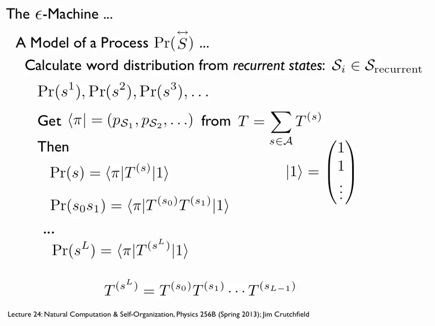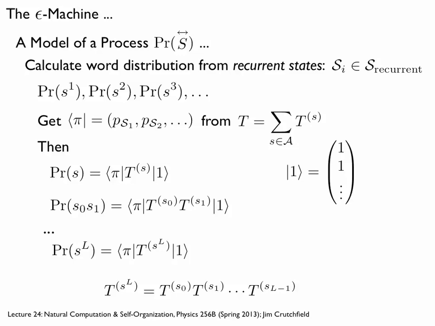You can also forget the transient states and assume I've just got the recurrent component, and then calculate the asymptotic state visitation probability. So this alternative approach to calculating the word distribution from a machine is to assume I start in any of the recurrent causal states with the given asymptotic state probability, and then I'm seeing the given word I'm interested in from that state. Of course, there might be some forbidden transitions, so a given word doesn't necessarily follow from every state, so you just keep track of that.